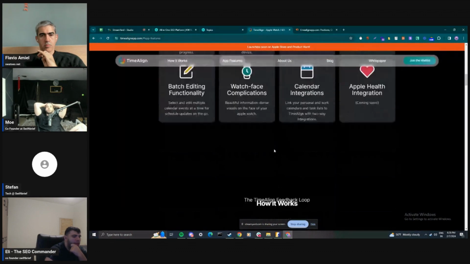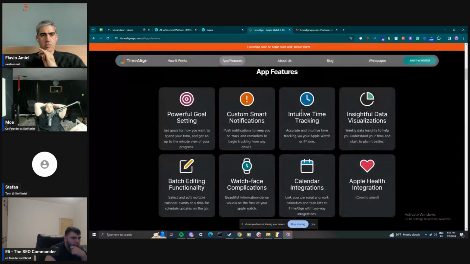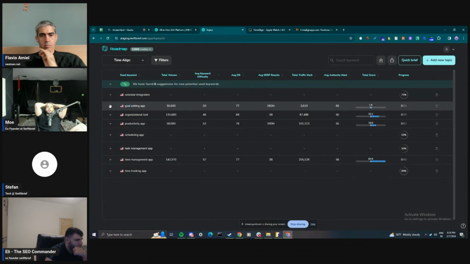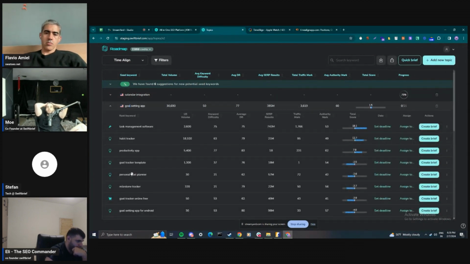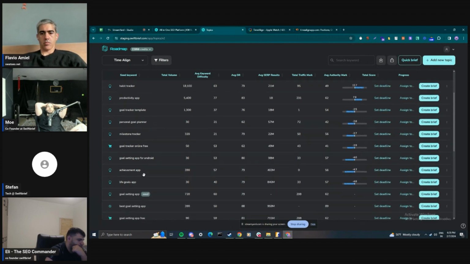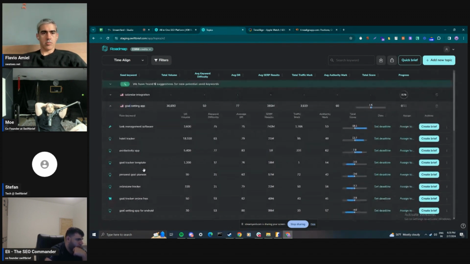But how close is that to the intent, to the user journey, right? Somebody looking for goal setting, is that also time management, or is that also productivity? In a lot of cases, it might not be. Goal setting would be its own pillar. So that would probably be the first line of segmentation, where we go back up to productivity app, that being the very top, followed by